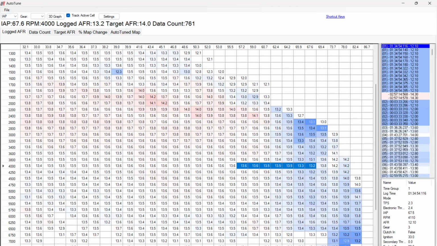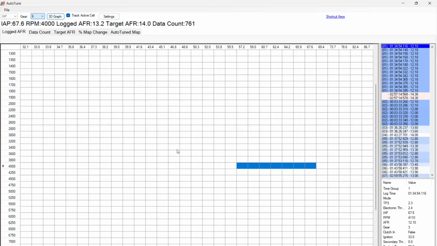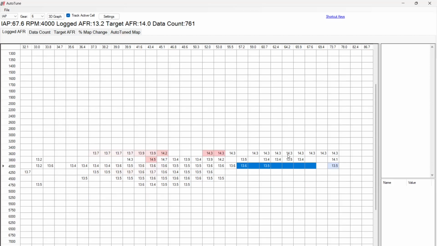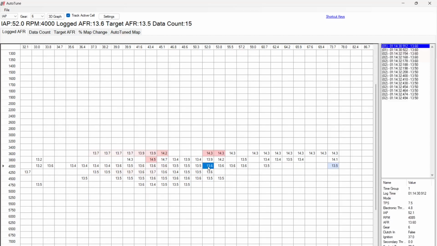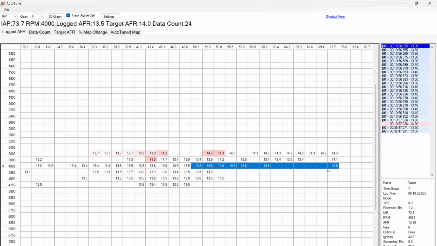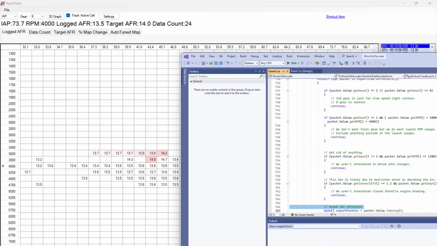Is it IAP? Yeah. So let's go 6th gear. Okay, and we're talking between 50 to 70, and I'm like, okay, I'm not seeing 14.7 in here. And then actually I'm seeing a 14.6 somewhere. Which one's that? That one. But then I had to think about it, and it was like, oh, it's probably because in my filter thing,